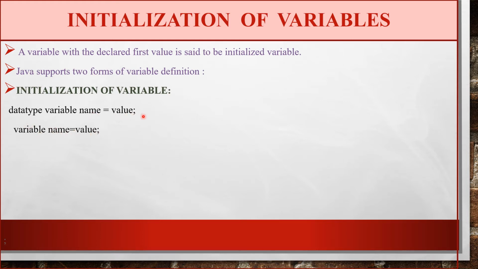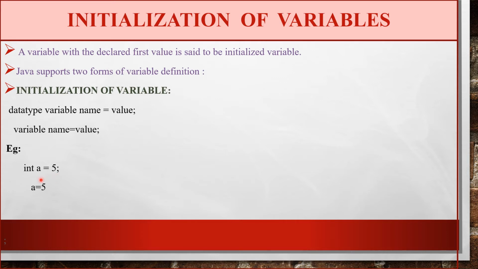But if we see the first form, in this statement declaration and initialization are done together in a single statement, where the part before the equals sign is the declaration and the part after it is the initialization. Let's have a look at some examples. If it's written int a equals 5, this first part, int a, is the declaration part and equals 5 is the initialization part. Here in this statement we have written the declaration as well as the initialization part together in a single statement.